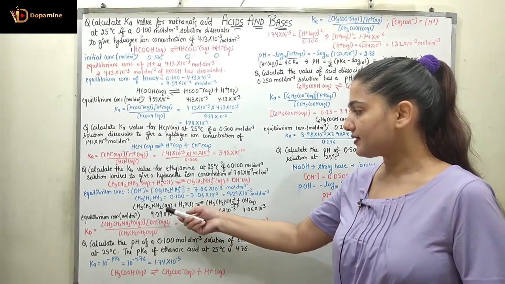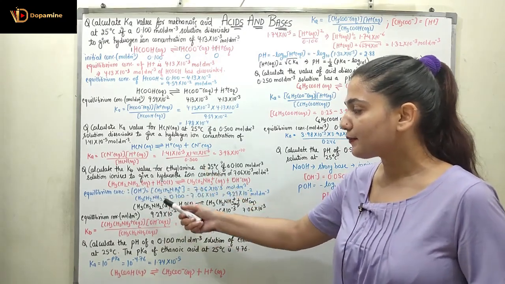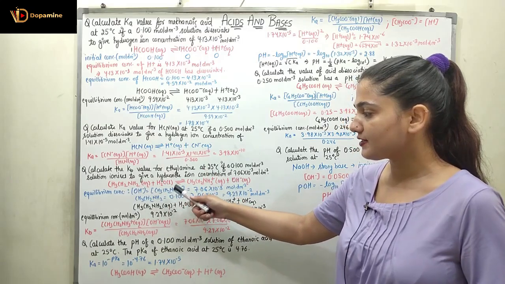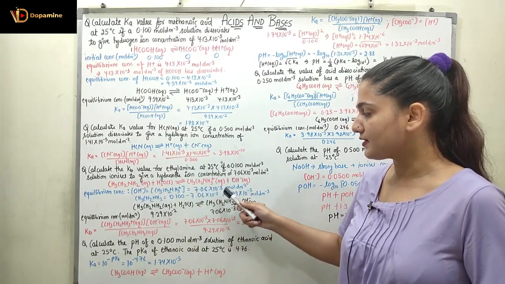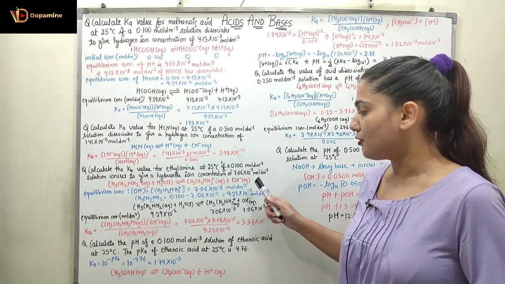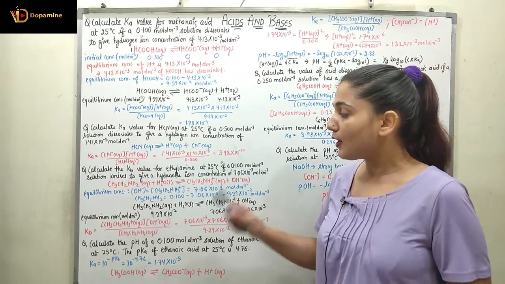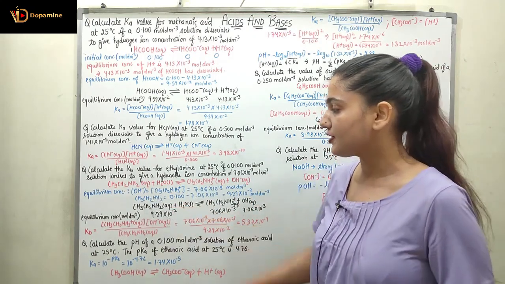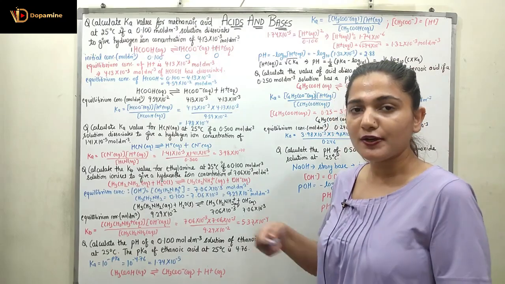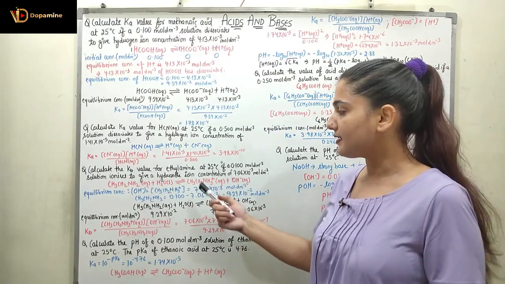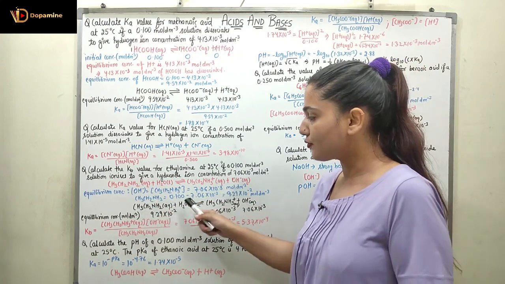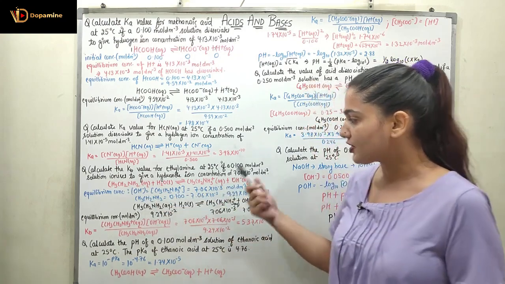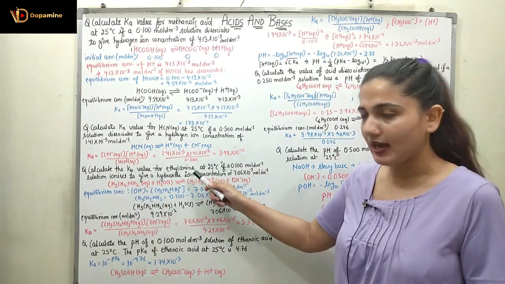The equilibrium concentration of OH⁻ will be equal to the equilibrium concentration of CH3CH2NH3⁺, which is equal to 7.06 × 10⁻³ mol/dm³. Right? Now, to find the equilibrium concentration of CH3CH2NH2, it would be its initial concentration minus the amount that has dissociated. So 0.100 was the initial concentration of the ethylamine, right?